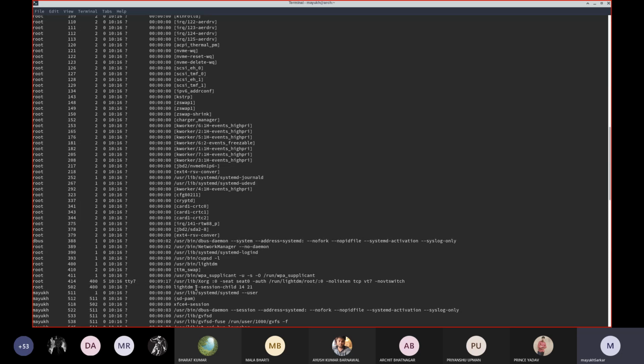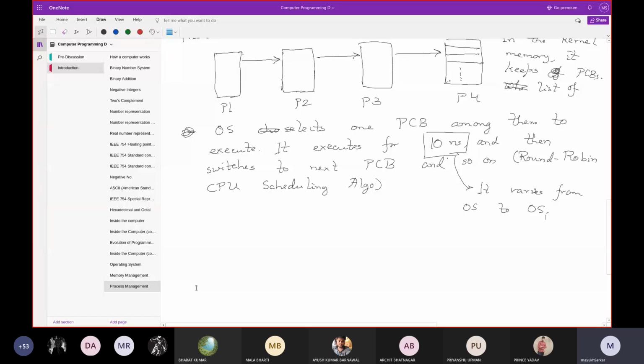Now you may think, what does it execute for a particular application in 10 nanosecond? Consider something like this. Today's processors' frequency is say 3.7 gigahertz or just 3.0 gigahertz.